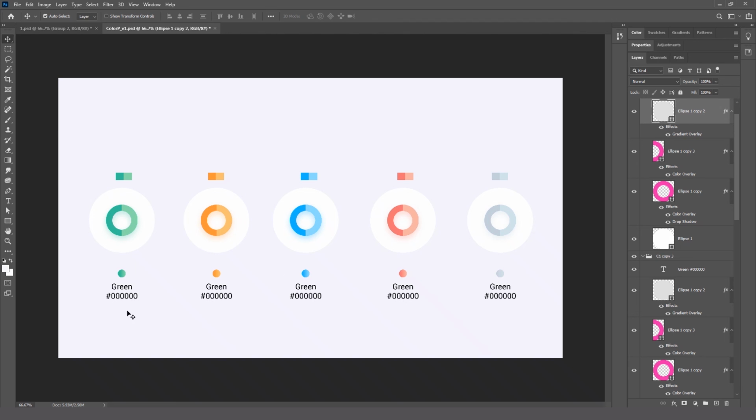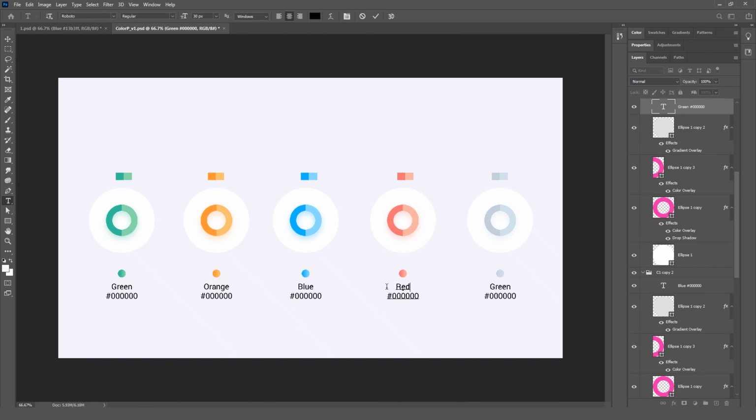Now we just want to change this text. So respectively we will change all this text, and then we will give the color code for this. So now we need to add the respective color code for this.